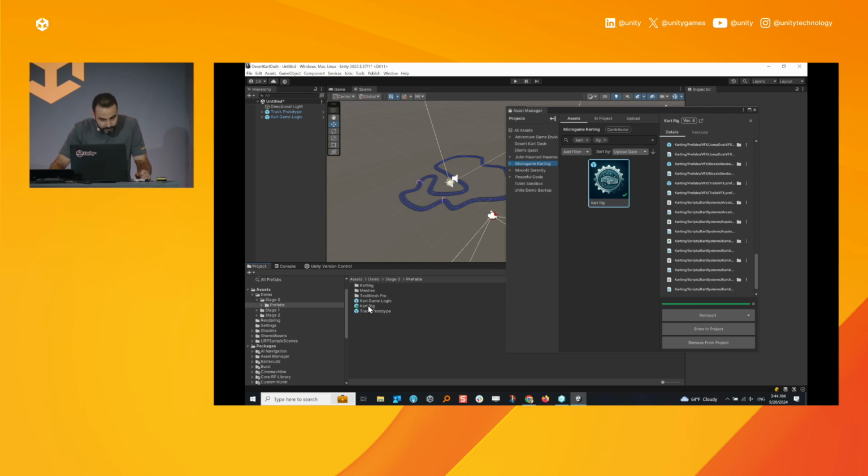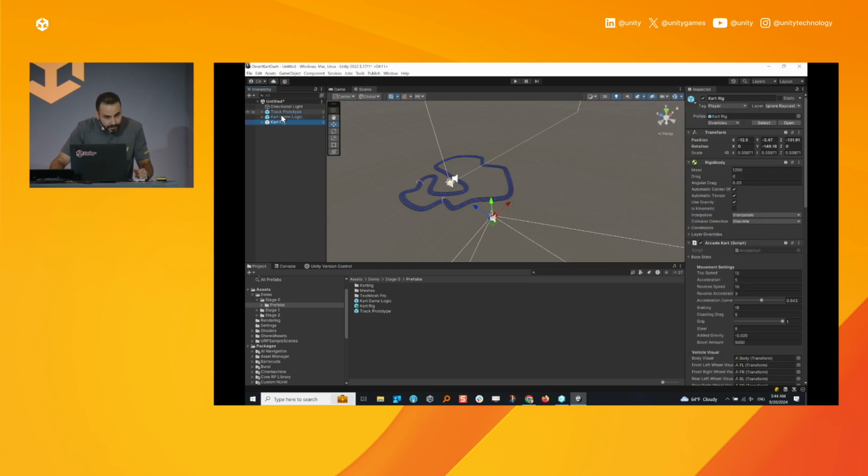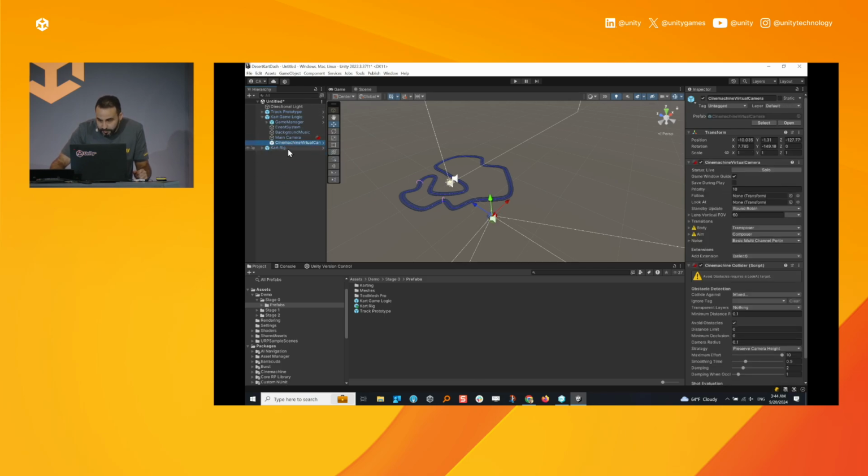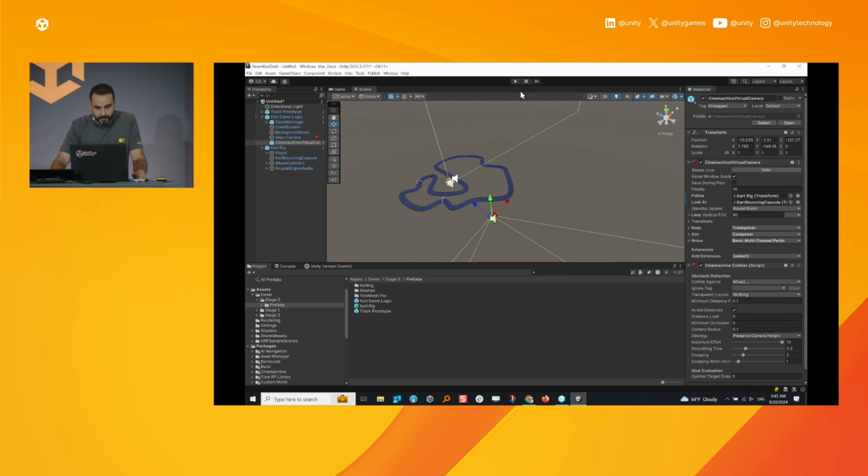Okay, so the kart rig was imported. I can drag and drop it. Now to make that run, I need to plug my camera, sorry, not this one. So I need to have my Cinemachine camera set up with the kart rig. So I'm going to follow the kart and I'm going to look at the capsule here. Yeah, and now if I enter play mode,